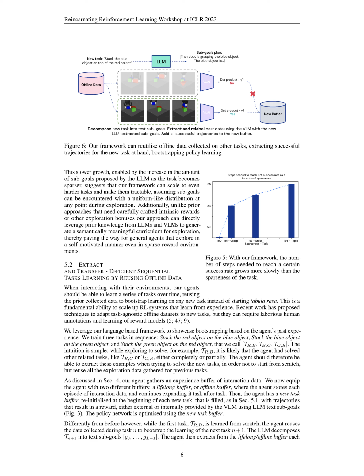Section Summary. In this section, the authors propose a method for agents to learn a series of tasks over time by reusing previously collected data, rather than starting from scratch. They demonstrate this approach by training agents to sequentially stack objects of different colors. The agents extract relevant examples from their past experiences to bootstrap learning on new tasks, resulting in improved learning efficiency. The experiments show that this technique can unlock lifelong learning capabilities in robotic agents, enabling them to learn new tasks faster by leveraging data from previous tasks.